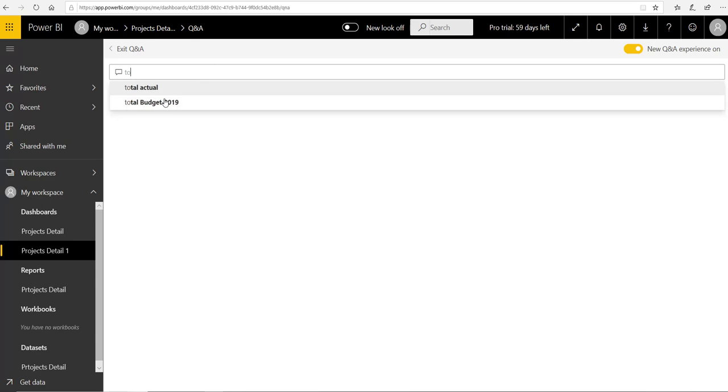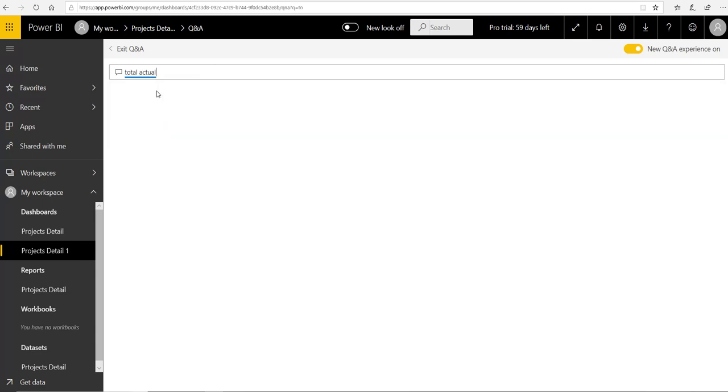So again, I will write down total actual. The figure is there, 434K, right? Now I want this figure only. Suppose I do not want the graph, I say I only need this figure, this amount. So there is no need to click on projects detail.